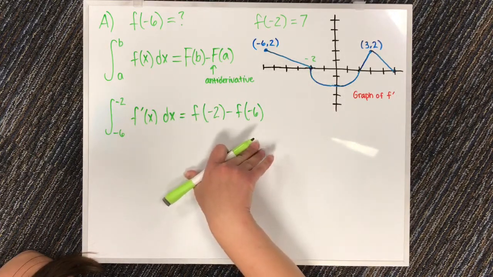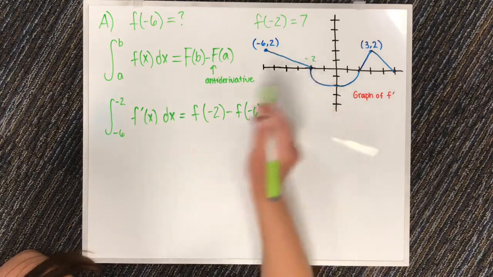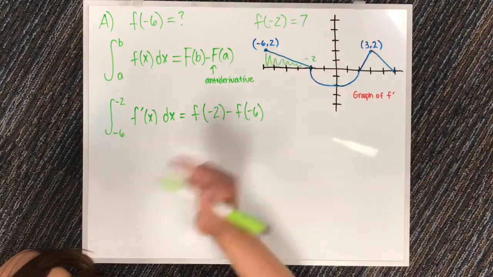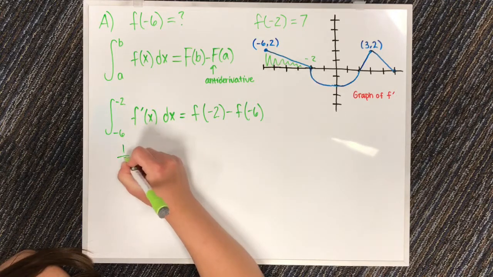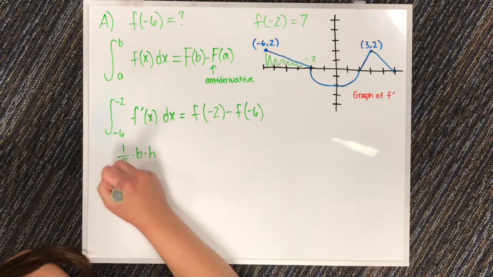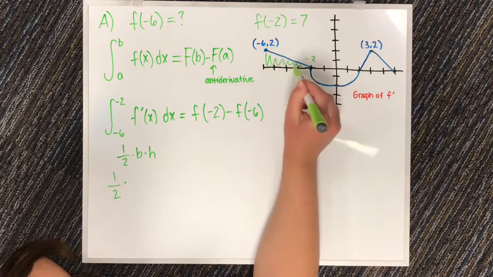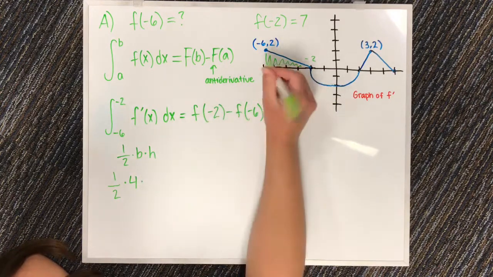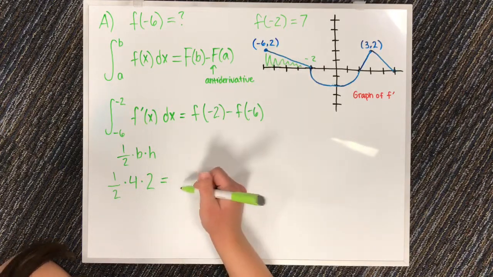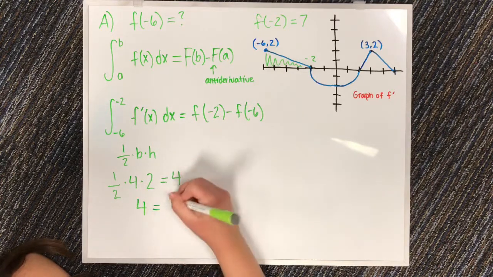So now we have an equality here, now we need to solve it. So because we have a geometric shape here, we can calculate the area underneath here. So for a triangle, we're going to use 1/2 the base times the height. So if we plug in those values, it's 1/2 times 4, because that's 1, 2, 3, 4, times the height, which right here is 2. And when we solve that, we find out that the area of our triangle is 4. So 4 will be equal to f of -2